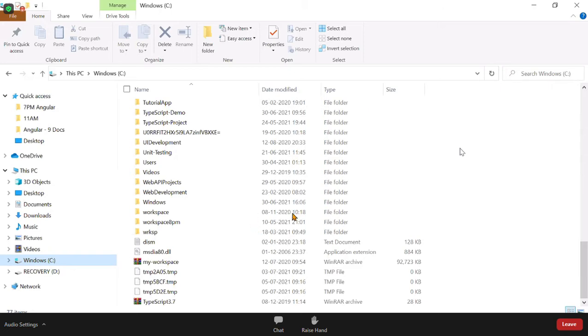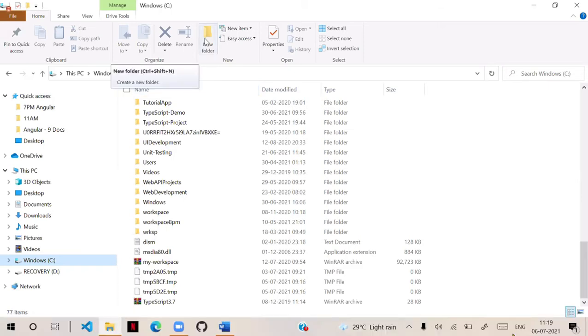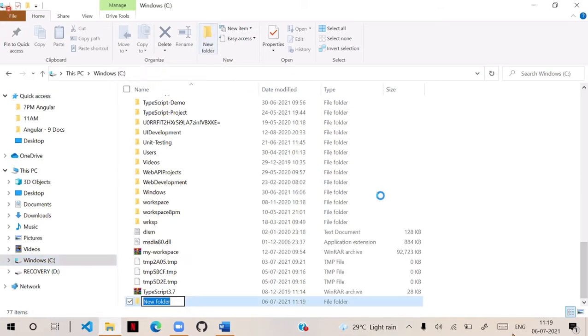A separate folder for your application. So I will just create a new folder here, in my C drive.